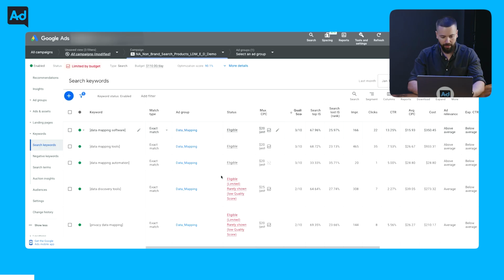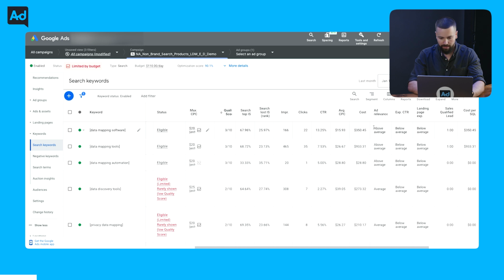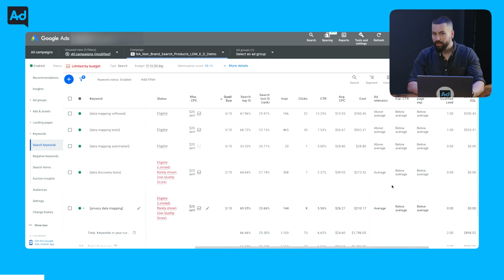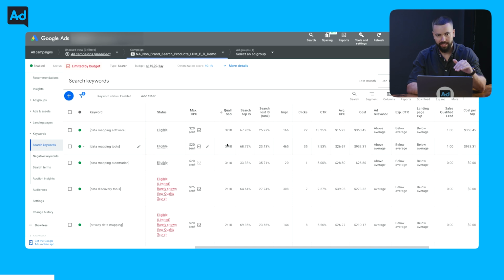So going back here, if we look at our ad relevance, I can already tell just based on the ad relevance, because this is average, we may or may not have these keywords in our ad copy, and there's an opportunity to add them in. And that way we can bump the ad relevance here and increase the quality score. So just go to your ad section and then just take a look and see,